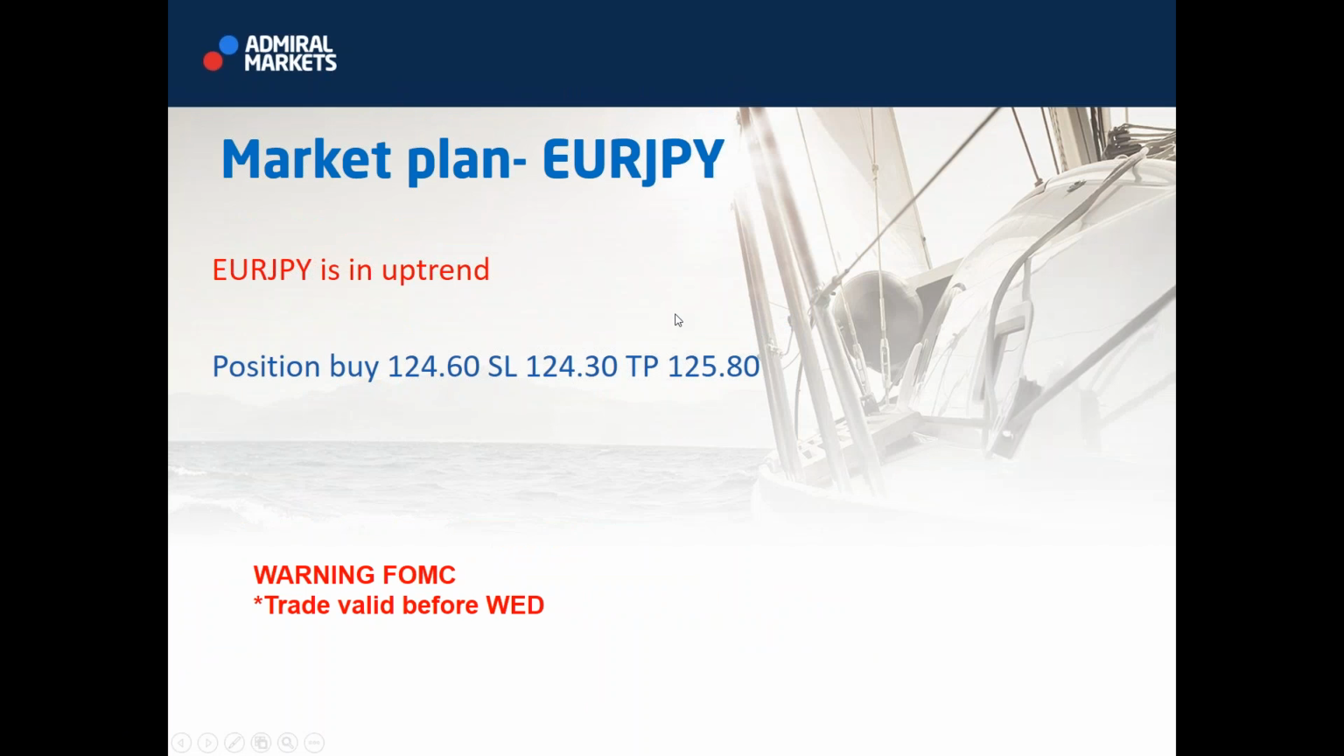Euro yen, or so-called yuppie, is actually, well, Dinesh, I will get back. Let me show you Euro yen. So this is 124.60, buy, 124.30 stop, 125.80 target. On Euro yen,